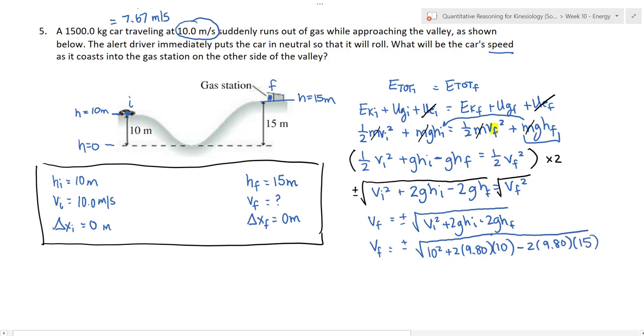Everything was in SI units. I didn't have to convert anything. So now I'm going to type this into my calculator. Square root of 10 squared plus 2 times 9.8 times 10 minus 2 times 9.8 times 15. And I get